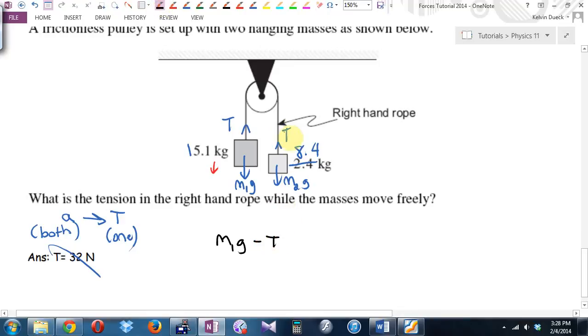I run into tension again, which you might think is also a loser because it's pointing up, but when you follow it all the way around, what is it really? Winner. I run into M2G, which you might think is a winner because it's pointing down, but when you follow it around,